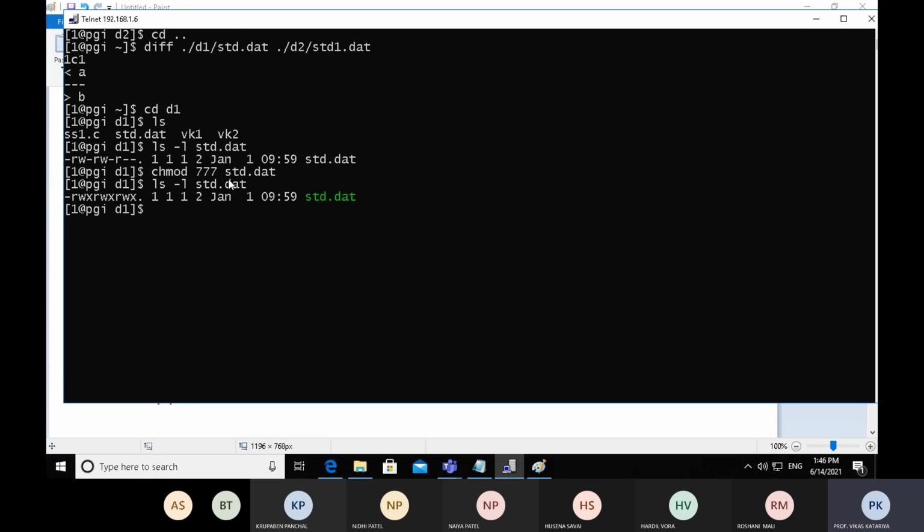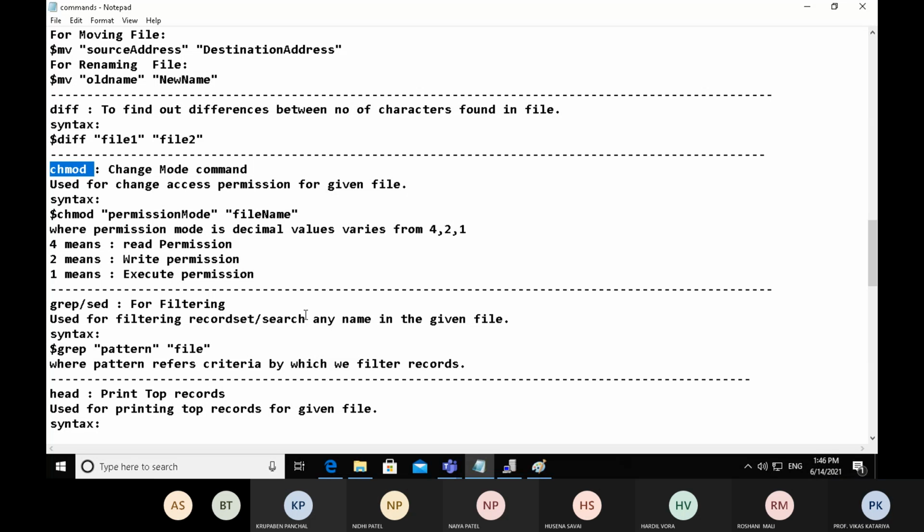But after changing the permission, we have provided full permission to student.date. Now as you can see here, RWX, RWX, RWX. Owner can read, write, execute. Group can read, write, execute, and other can also read, write, execute. Right? So I hope you understand. This is the way to change the permission for a file and a directory.